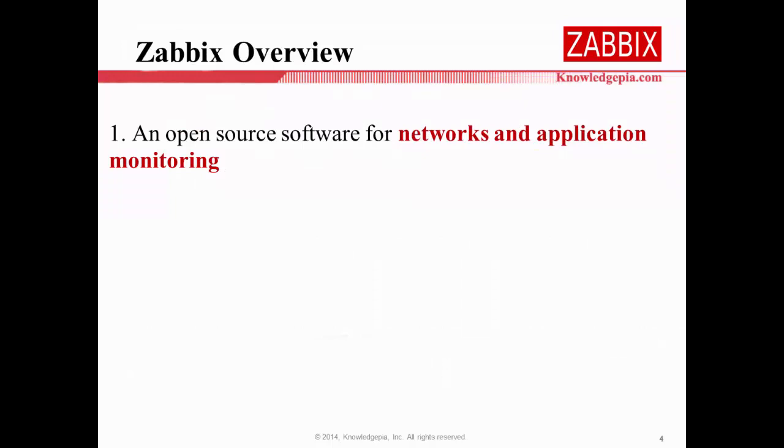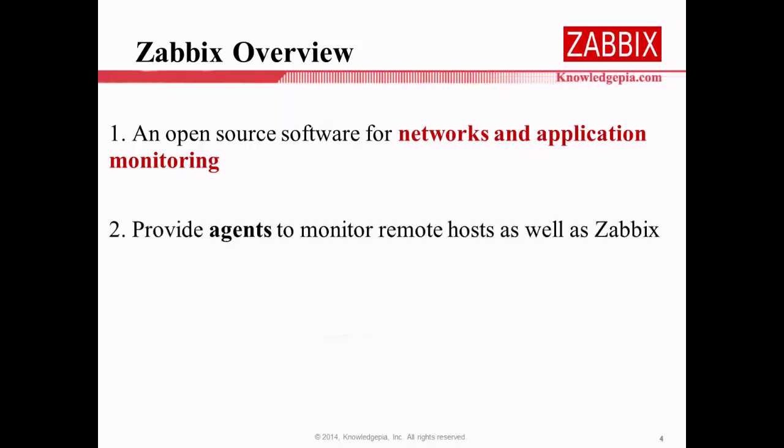Javix is an open source software for network and application monitoring. So we can say Javix is a monitoring program. When Javix monitors, normally the objects will be network devices and application servers. Also, Javix normally provides an agent to monitor remote hosts. It means when Javix monitors application servers, normally Javix needs to install an agent on each object, like application servers. So even if these application servers are far away from the Javix server, there is no problem monitoring them